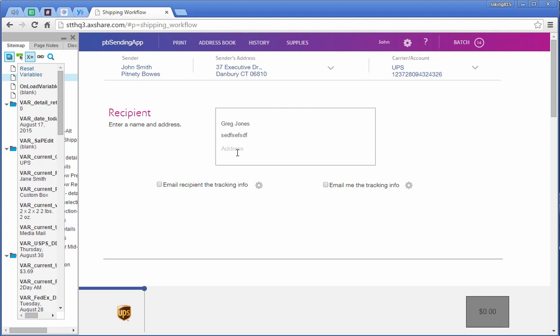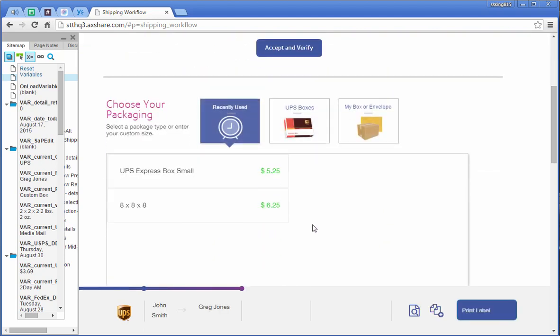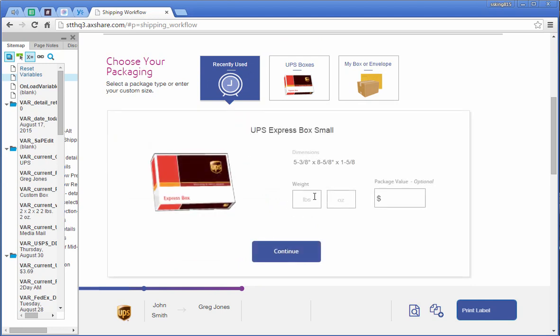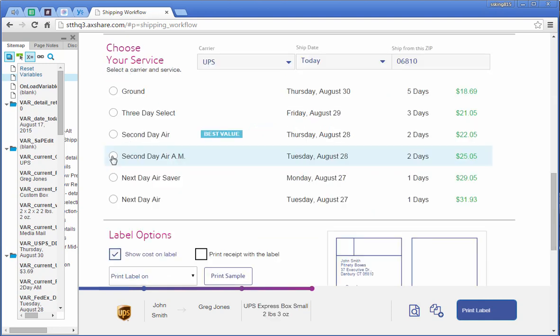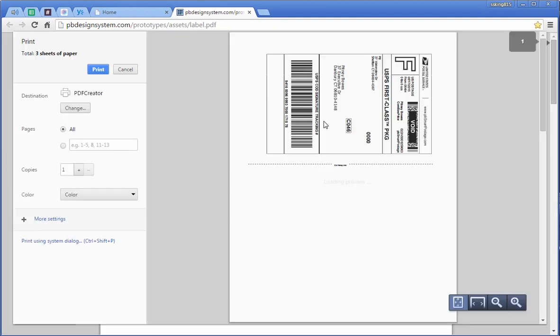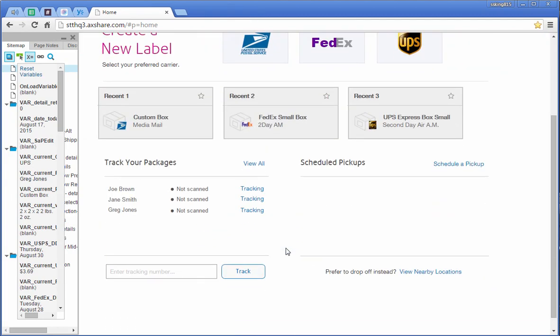And this is a lot of data. This is probably more data than Axure is typically asked to store in its variables. Also, variables get hard to manage because there's just so many of them if you're trying to keep global variables for every piece of data for every flow. So now we're back on the home page, and it's remembered the names and the services and a lot of